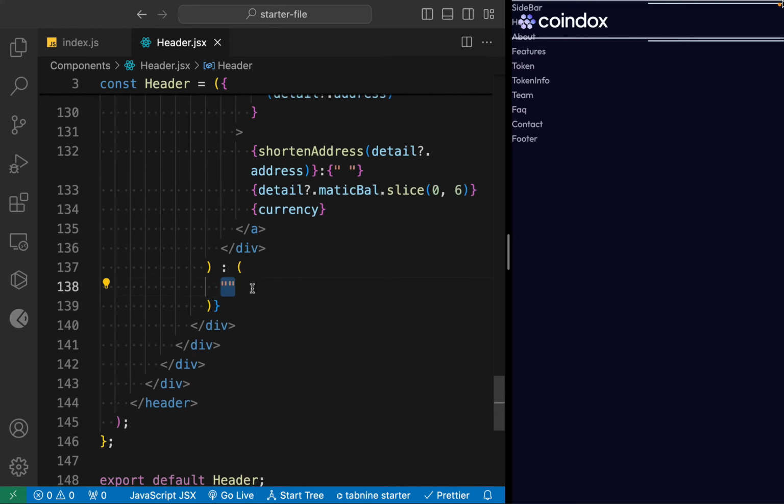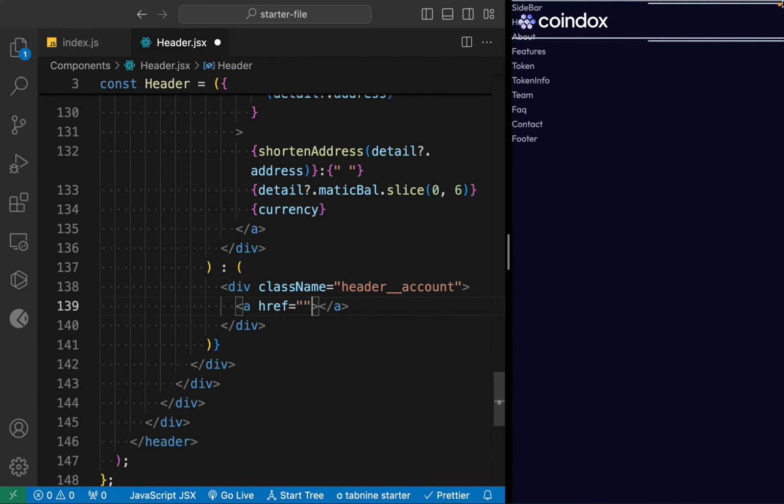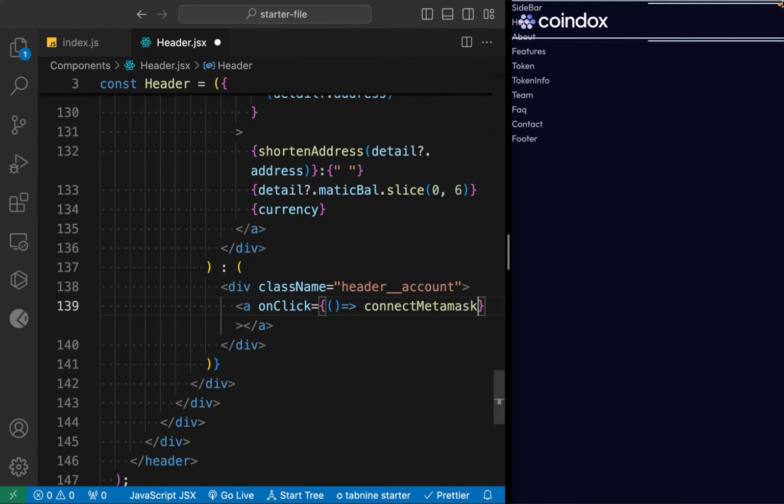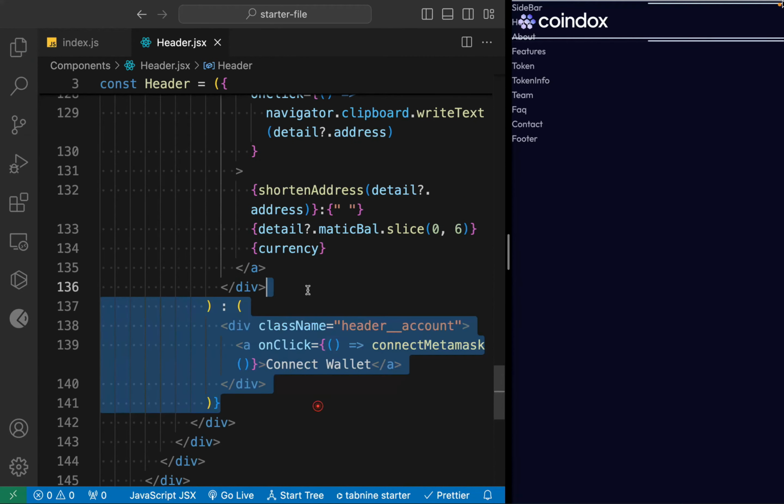So I'll take this div, let's close this one. It will have a class called header-account. Inside that I'll take an anchor. Let's remove this one. It will have an on-click function, and in the on-click function I want to simply attach the function we have built, connect MetaMask. Perfect. And it will call it connect wallet, and that's the entire code we have to write here in the